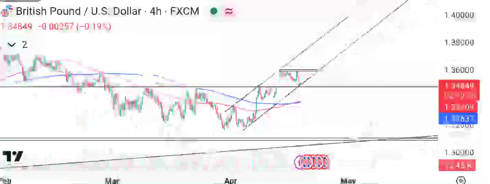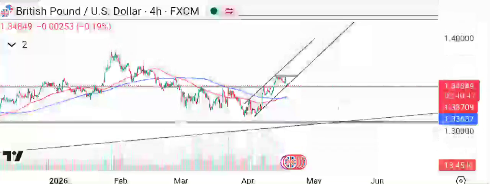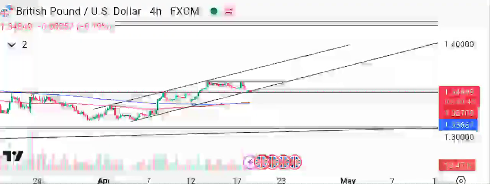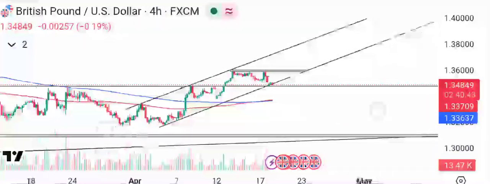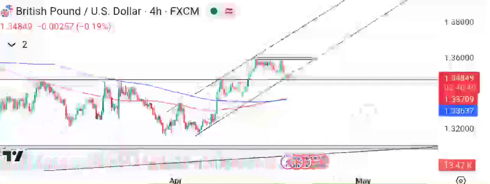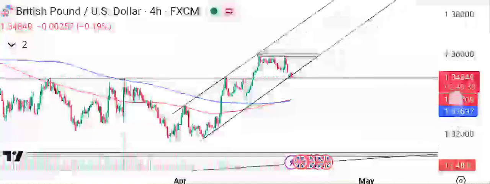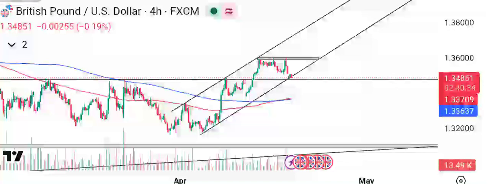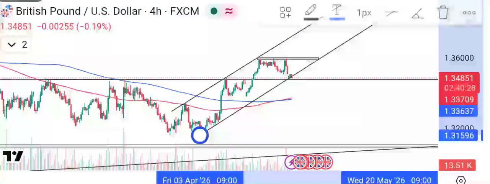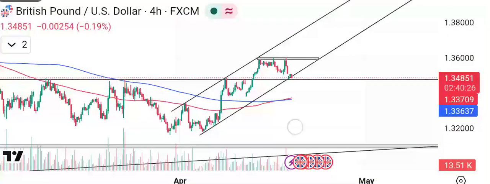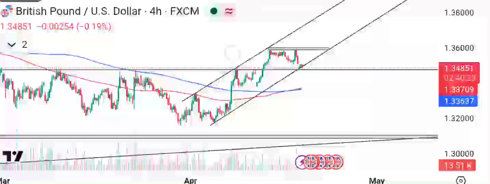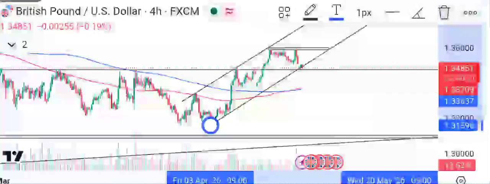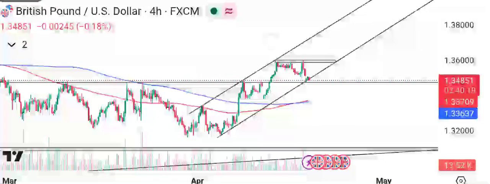Then this is the channel. We have this channel. This channel is showing us the trading range, yes, after the change of character. So the price is just trading in this channel, and it is uptrending. We can see that this was the low. Here we had the double bottom. This was the low. Then after this, we had a break of structure, a higher low, still inside the channel, a higher high.